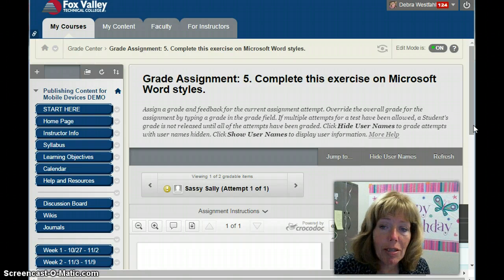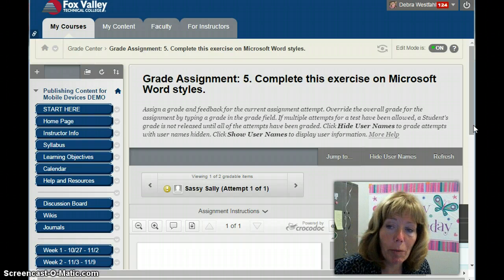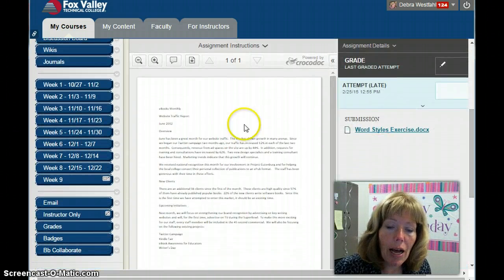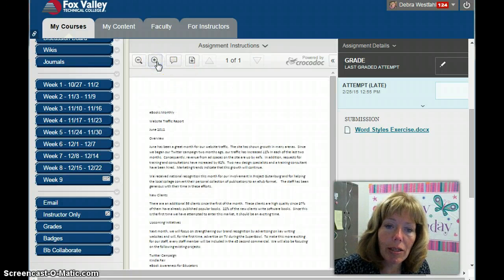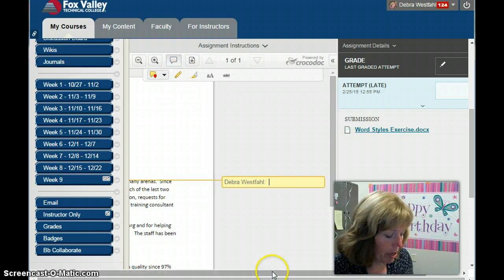Now this happens to be an exercise where they needed to submit an assignment to me, and what's nice about this is it brings up what they submitted, and I can zoom. Do you see where I can zoom in and out? And I can also add comments. So I could type here,